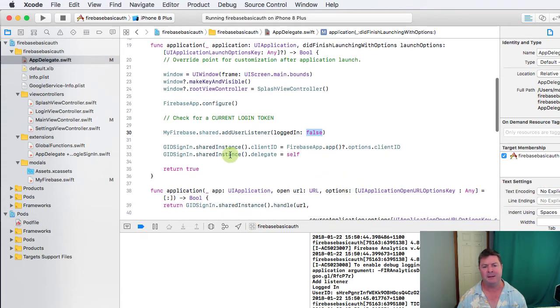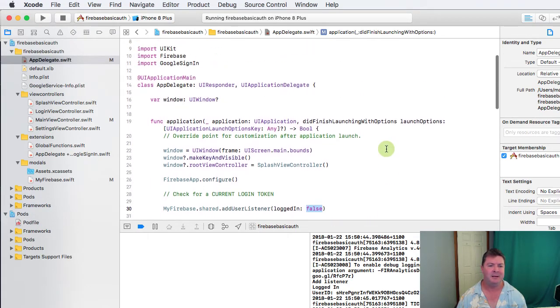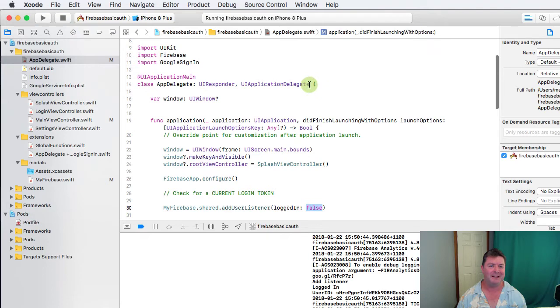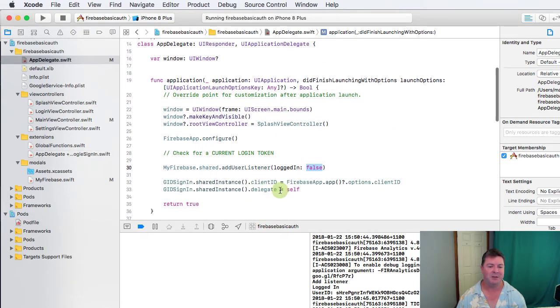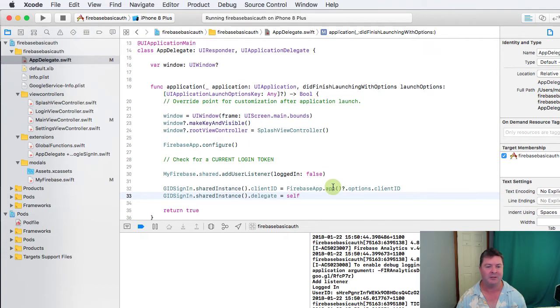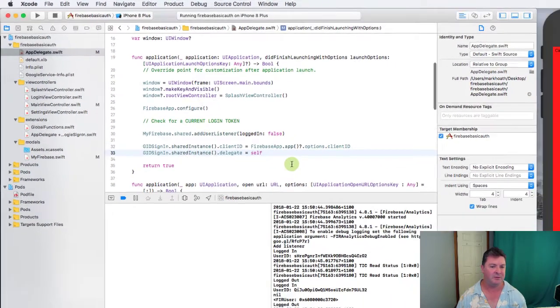And then because we're using the Google sign-in button, there's an app delegate which is in this extensions class over here, but we need to initialize it and set the delegate to ourselves, and we need to set the client ID equal to our Firebase app client ID to link Google and Firebase. So 2 separate products, 1 owner. So just because you're logged into Google doesn't necessarily mean that you're also logged into Firebase, which we need to